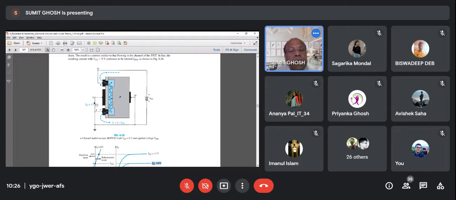Now another thing you see, I told you an example at the very beginning of the class when we were discussing FET and BJT differences. We said that BJT is a current control device. Given input current IB, you get an output current IC, which is beta times IB. But here we give an input voltage, and based on the input voltage, the output current is controlled. So the input voltage is VGS, and the output current we were discussing was ID. So input voltage controls the output current.